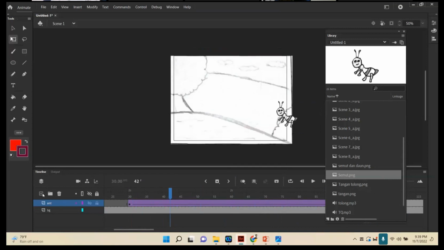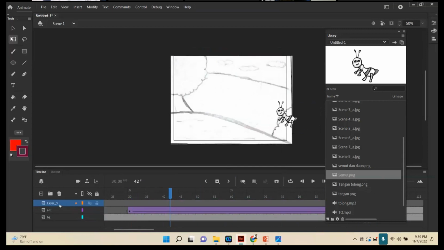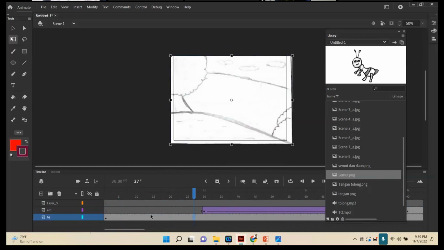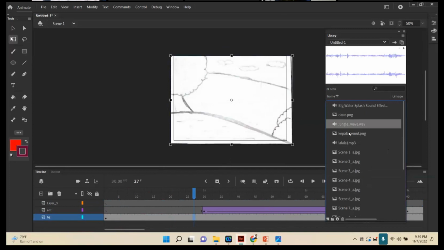Okay, and then another one, I will insert another, based on your understanding. For example, I want to insert the jungle sound. You can use another layer, or for example, we do nothing in layer 1. You just drag the jungle sound. Which one? Jungle wave. For audio, you can use MP3 and wave,